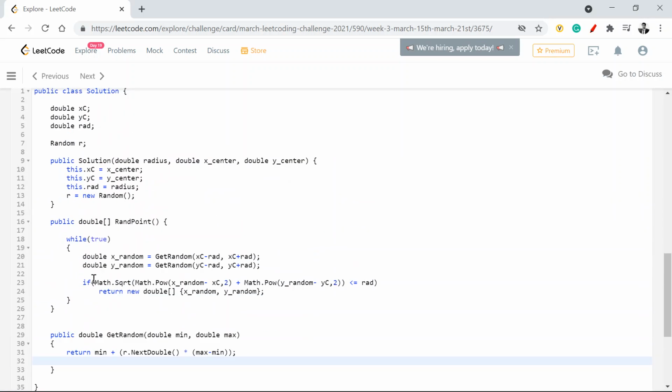I think the crux of this problem is knowing the properties of a circle, and we know that if I want to know whether any given point is within a circle, then it should satisfy this condition. Apart from that, I think everything else was very generic in nature, because we need to just use any random number and multiply it with the difference between the range, which is the diameter of that circle, sorry, just to correct that, right?